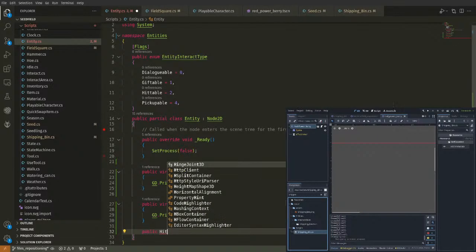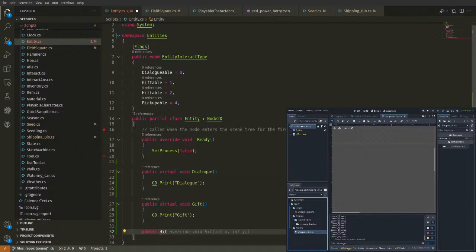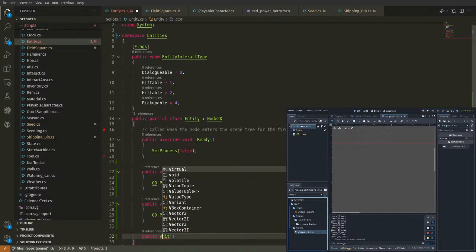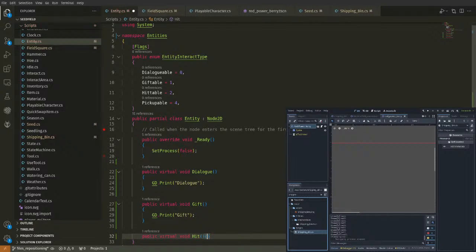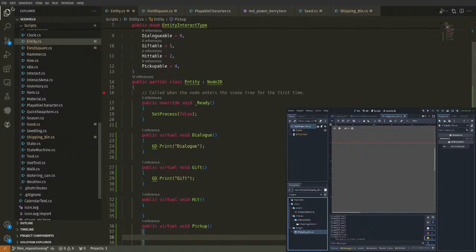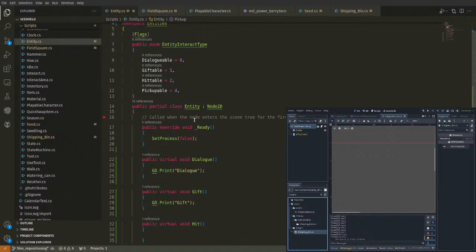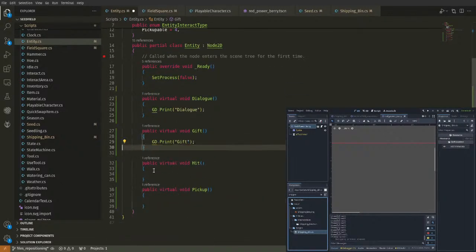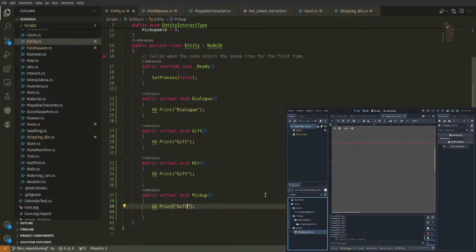Gift, hit, public virtual void hit, and finally, public virtual void pickup. Wow, thank you, AI. No, it's not AI, but cool, very cool. And I'm just gonna give those guys a print as well. Pick up and hit. Right? Hit